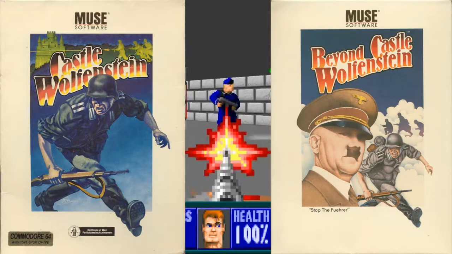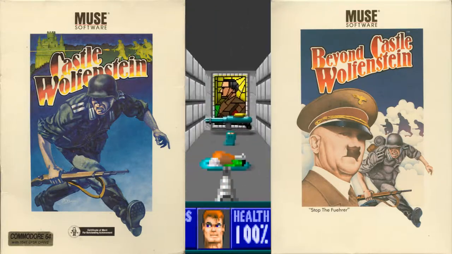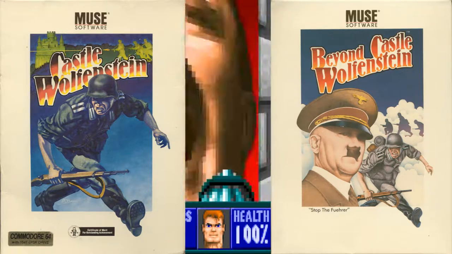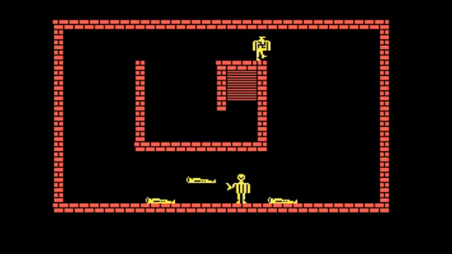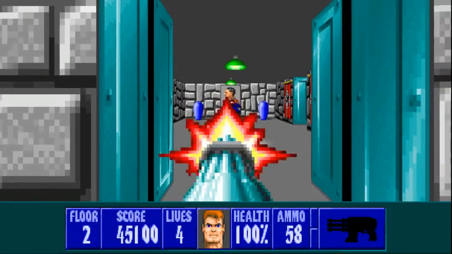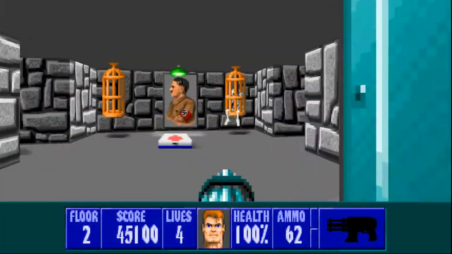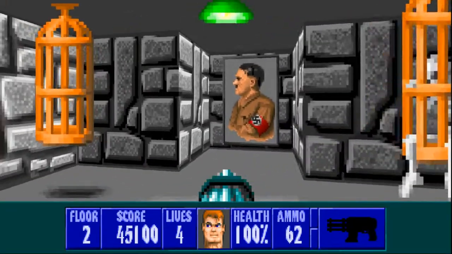Anyway, Castle Wolfenstein and Beyond Castle Wolfenstein were created by Muse Software for the Apple II, DOS, Atari 8-bit, and Commodore 64 back in 1981 and 1984 respectively. They were more of an isometric stealth action game, think similar to the first Metal Gear game, though they were still set in an alternative horror fantasy World War II setting. The games released to generally positive reviews, though as a franchise, Wolfenstein never really took off until the third entry,